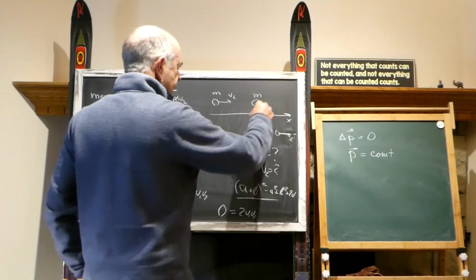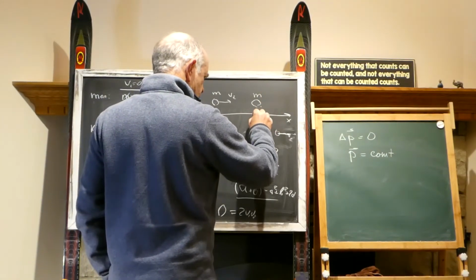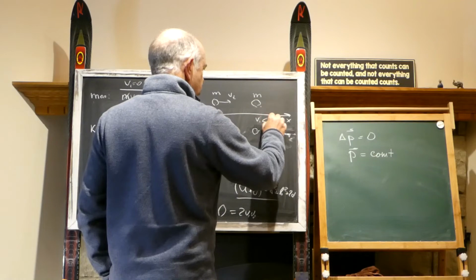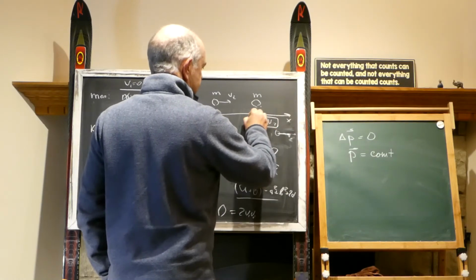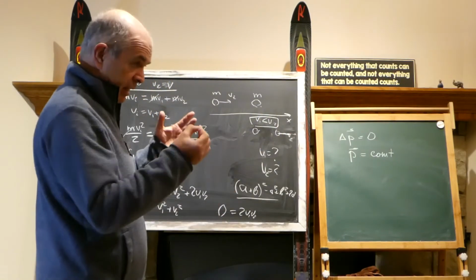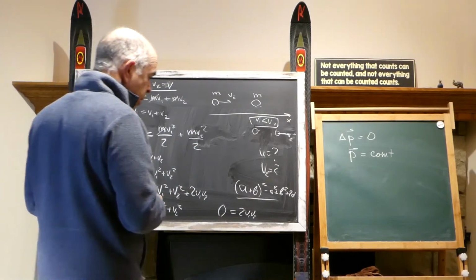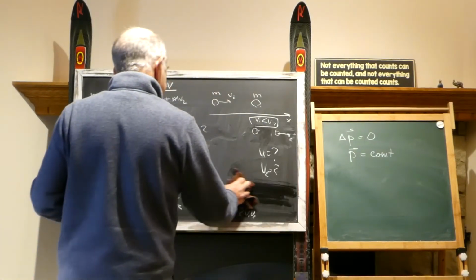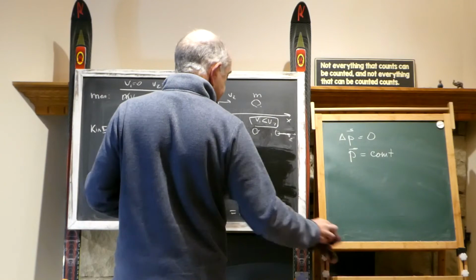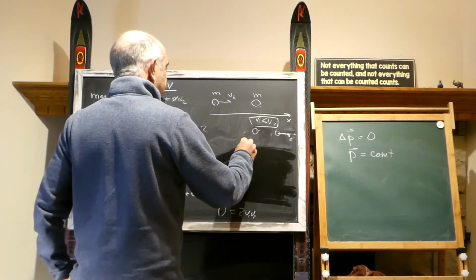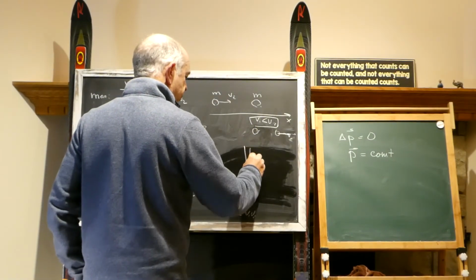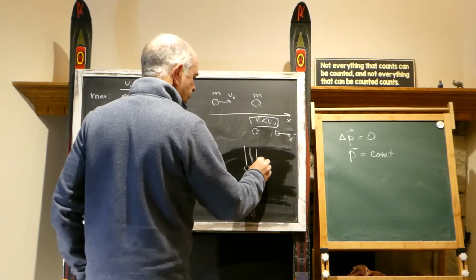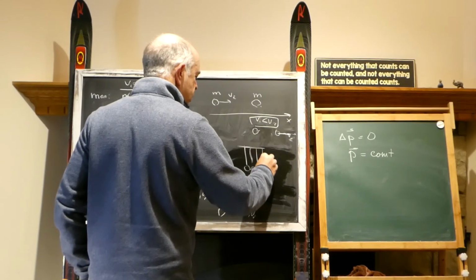We can always say that in this situation v1 is less than v2, because otherwise it's physically impossible. So that means that in this particular situation, during a head-on collision, they exchange